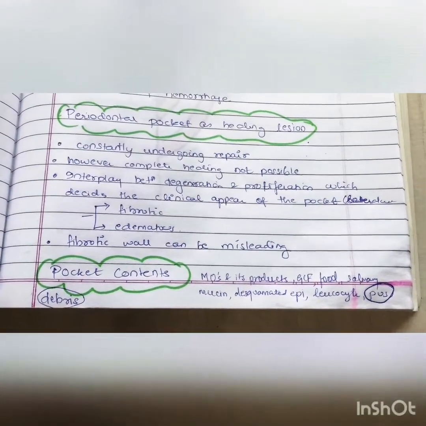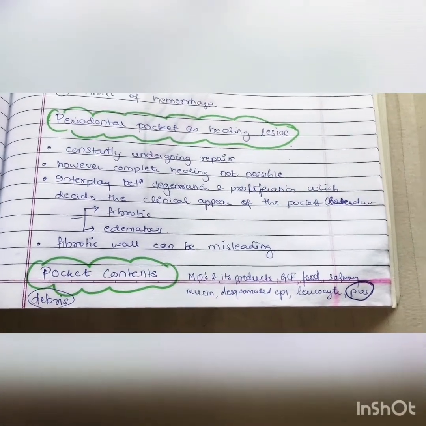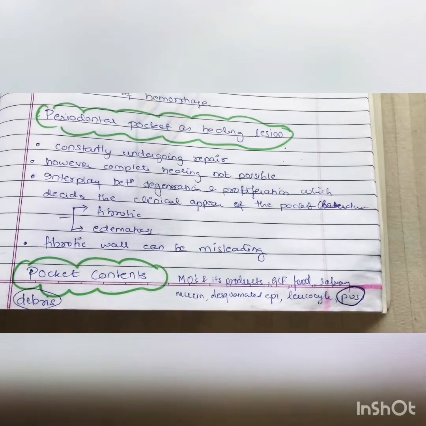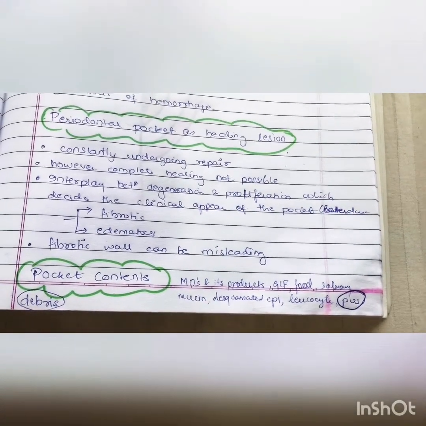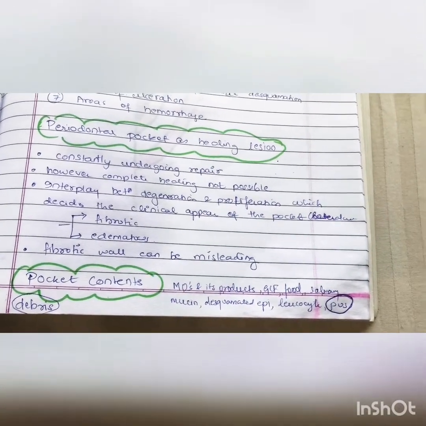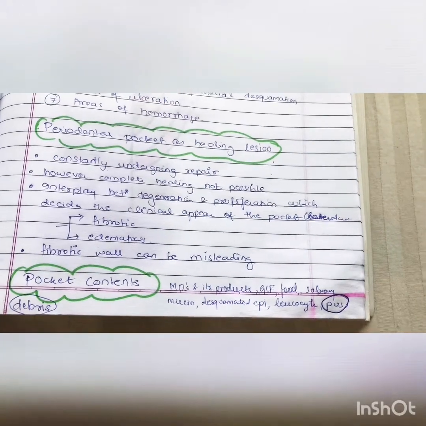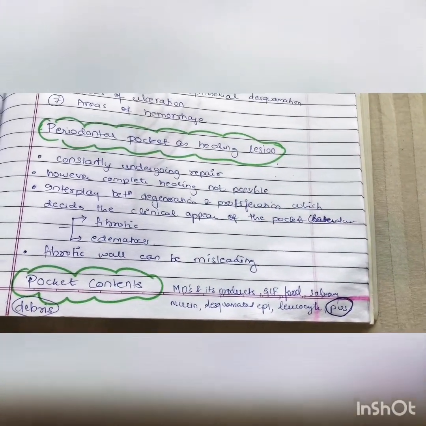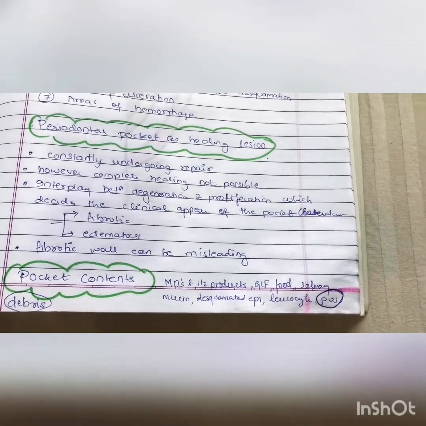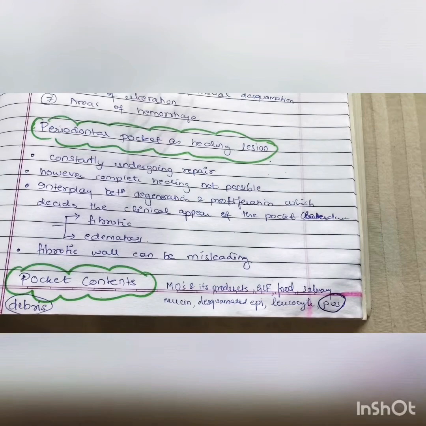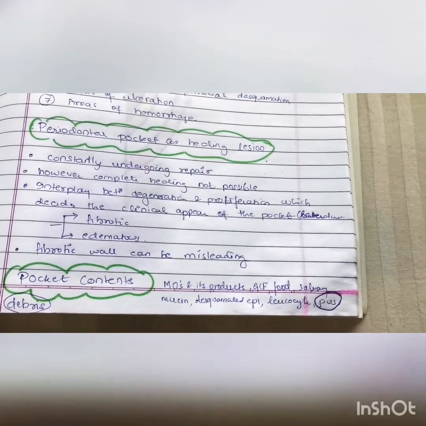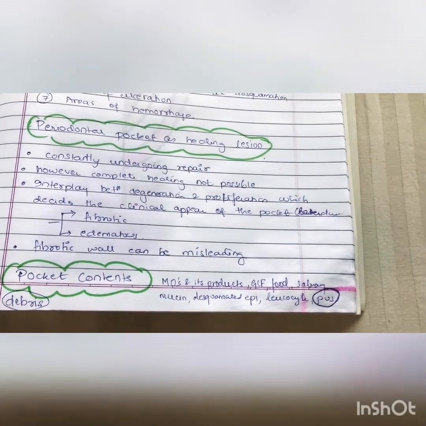Contents of the pocket include microorganisms and their byproducts, that is your endotoxins, enzymes, etc. Gingival crevicular fluid, food remnants, salivary mucin, desquamated epithelium, and leukocyte. It also contains pus, that is a purulent exudate which is formed because of the suppurative changes in the epithelium. Now, the presence of pus does not mean that the disease is very severe. It just means that the disease is currently in a very active situation or is showing more degenerative change, but it does not determine the pocket depth.